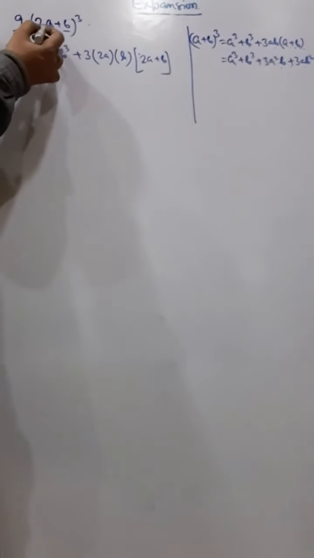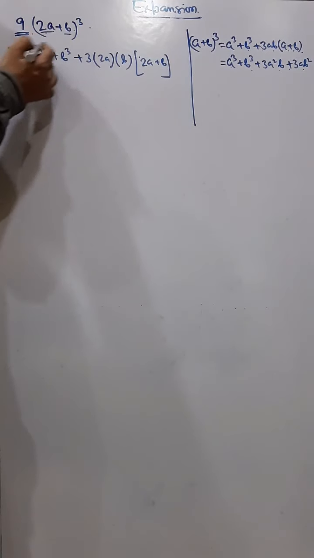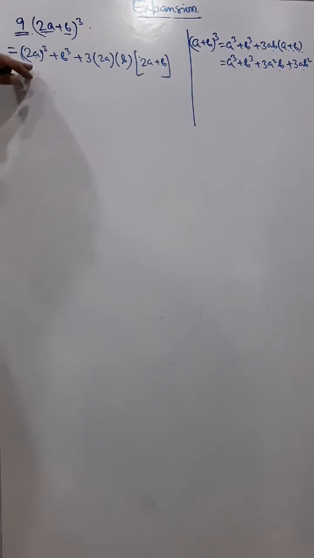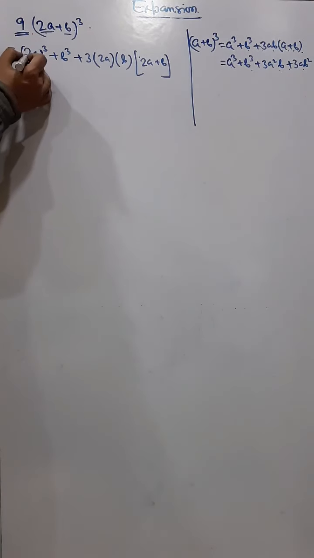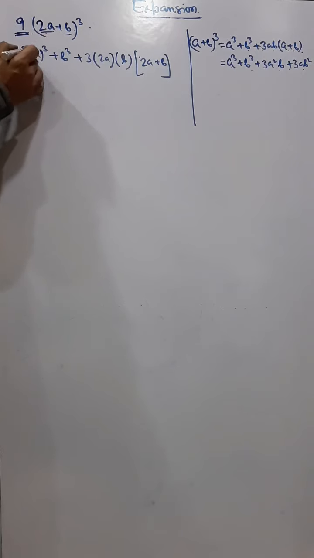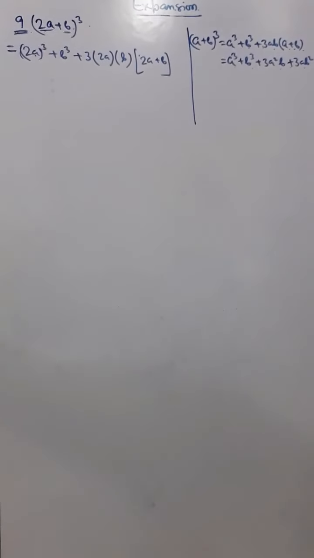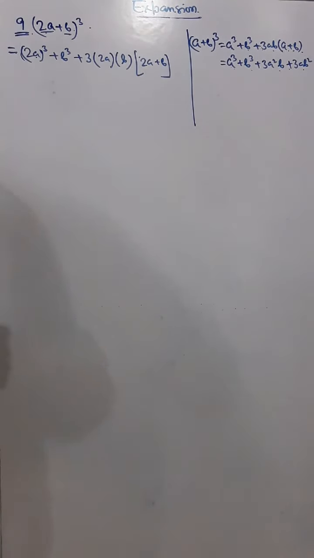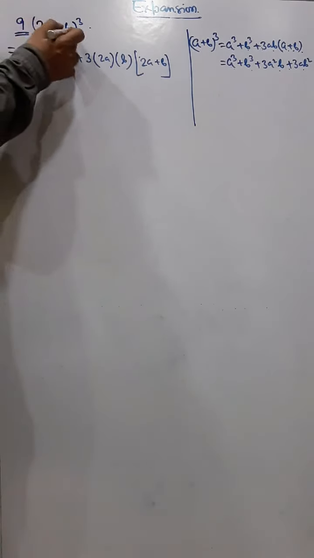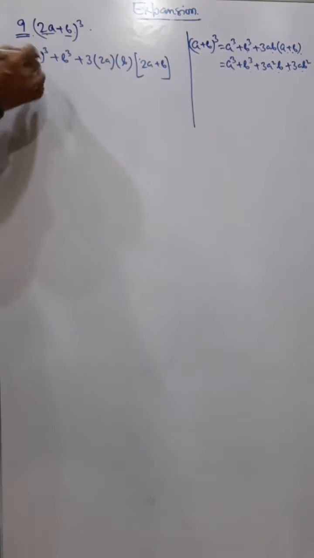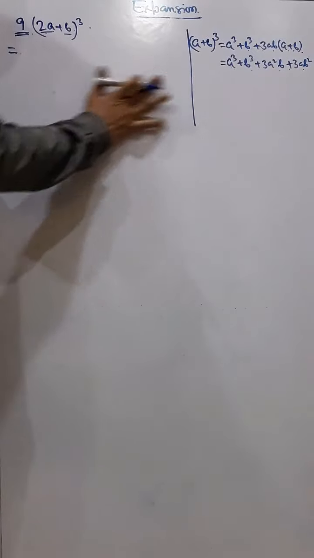So we have seen how I am telling every sum in the form of a and b. It is written here 2a plus b, but what I am saying is, I am not telling 2a cube plus b cube plus 3 into 2a into b bracket 2a plus b. You know, that becomes confusing, because in every sum these variables will be different, but the formula is always constant. So I remember the formula in this way. Again I am telling you how to do this, otherwise you will have a problem in every sum.